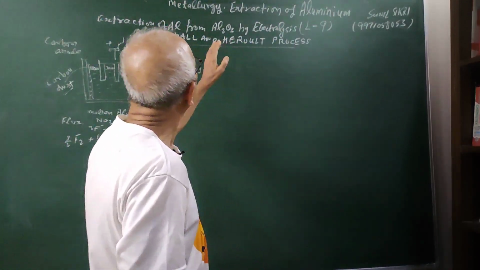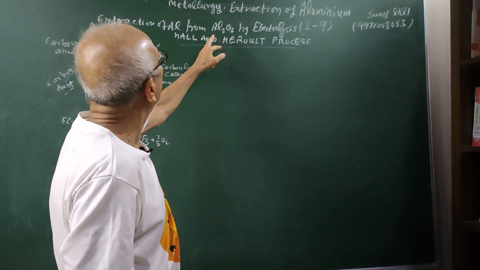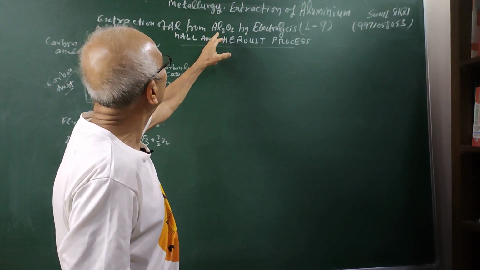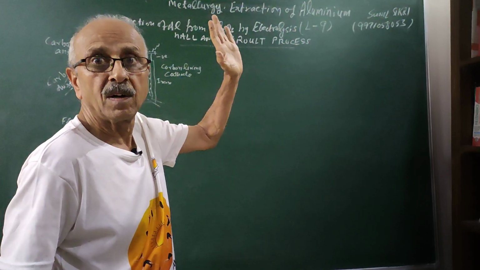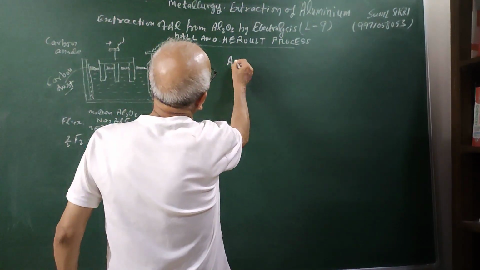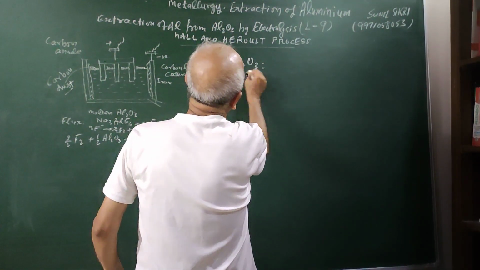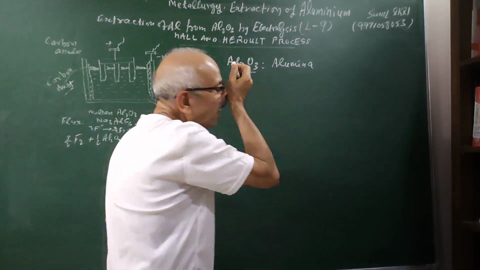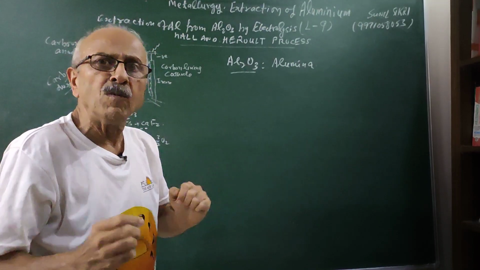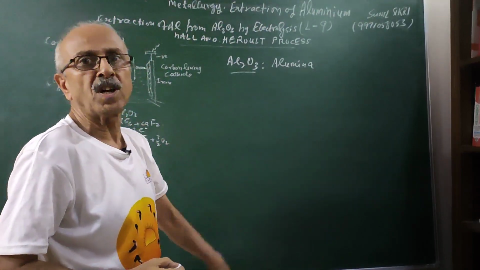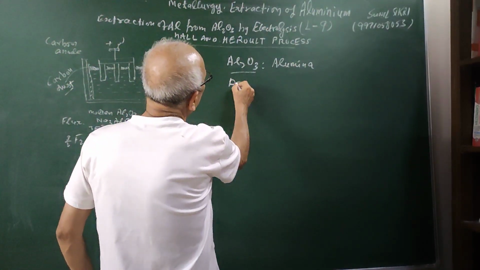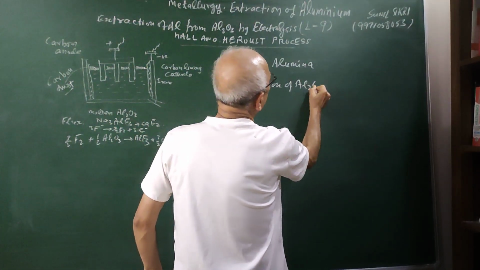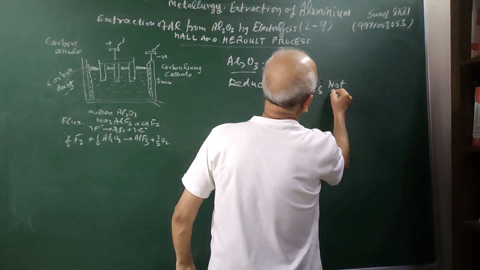Students, today we are going to tell you about the electrochemical process, or electrochemical reduction, of alumina. You know that Al2O3 is our alumina. If we want to obtain aluminium from alumina, we have to do the reduction of alumina. Reduction of Al2O3 is not possible by